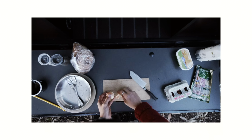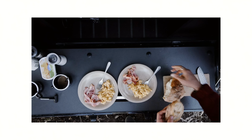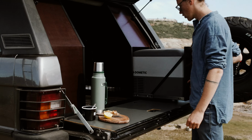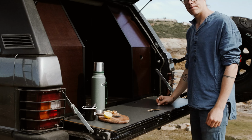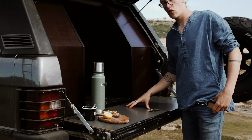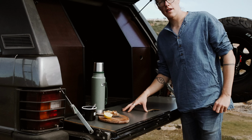And what shall I say? It's a fridge. You need one. We didn't have one before, and it's not a luxury. It's a necessity. Whoop. Yep. Closes just like that. One thing to mention here is we rarely cook on this surface. That is why we have...